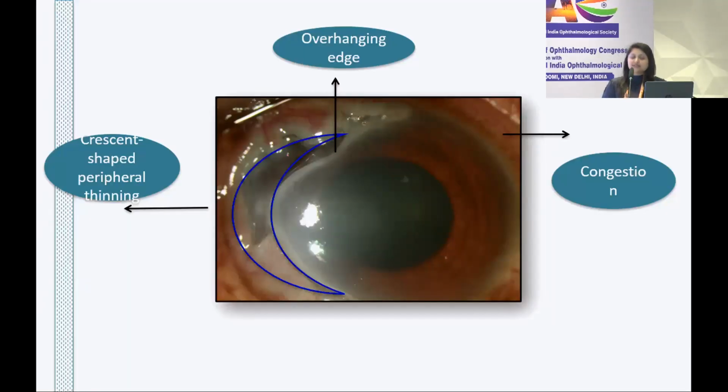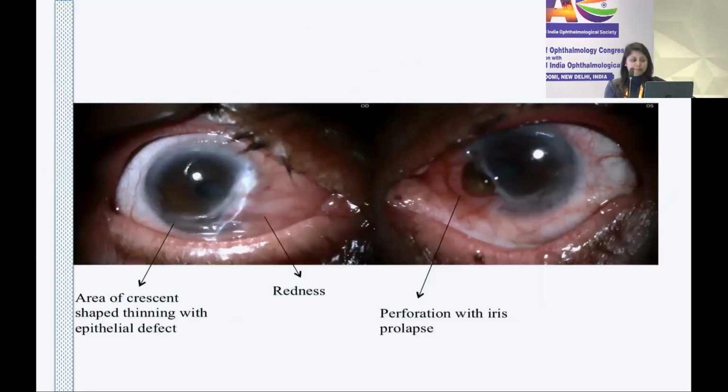So essentially, a PUK presents with a crescent-shaped peripheral thinning, as we can see here. The edges are overhanging, there is associated congestion, and the central cornea may or may not be involved. If there is diminution of vision, that could be because of the inflammation or the astigmatism the defect is causing. It is mostly unilateral but can have a bilateral presentation, can present only with a defect or be a perforated